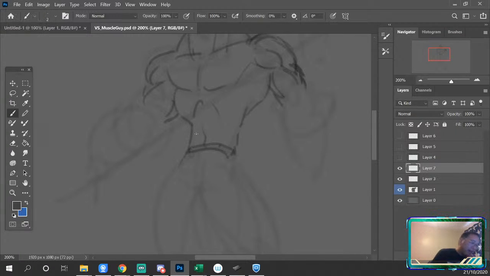Now, how do we get this pelvis area looking correct? Well, the one thing that I generally tend to do, and this is really important because it shows you a really handy tip or trick that I did in my early years in terms of concept art and drawing, is you look at clothing. So if I take a look at